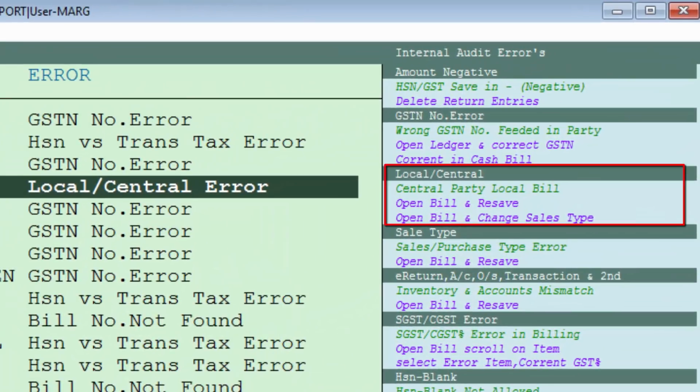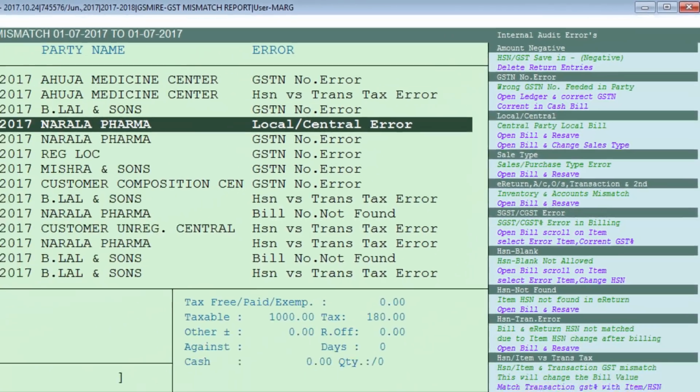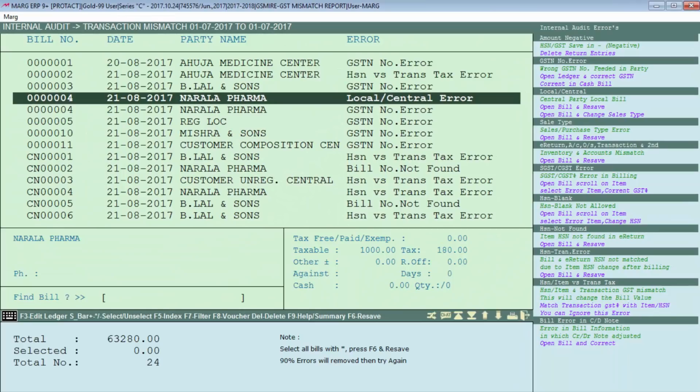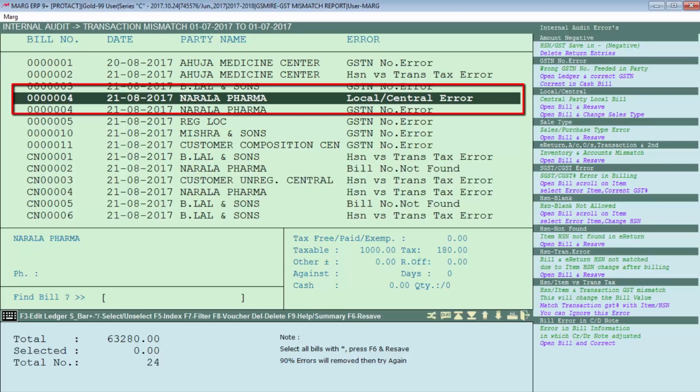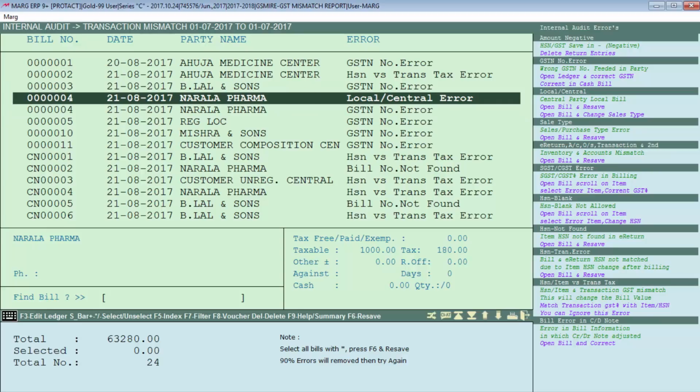Next error is local or central. It means suppose you had created a bill of a central party but the bill is of the local party. Now, like bill number 004 is showing an error of local central, and this bill has been generated for Nirala Pharma, which is a central party.